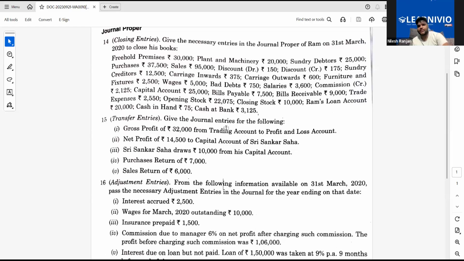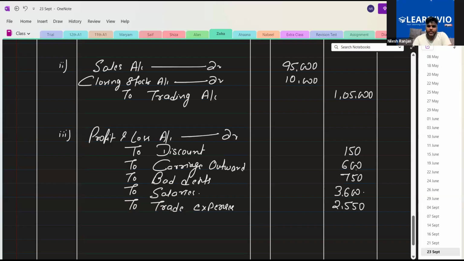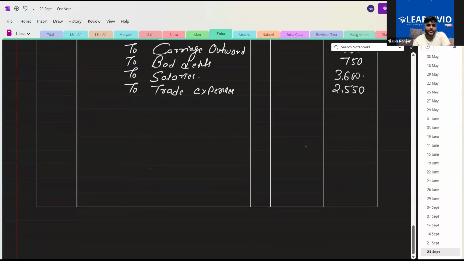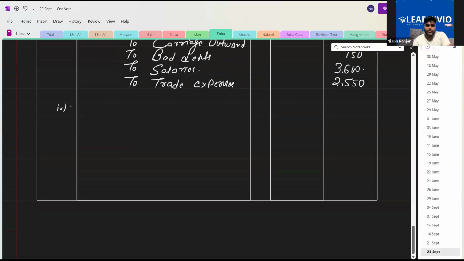Storage. That's it. So 7,650. Now the last entry, the fourth one, it is discount account debit